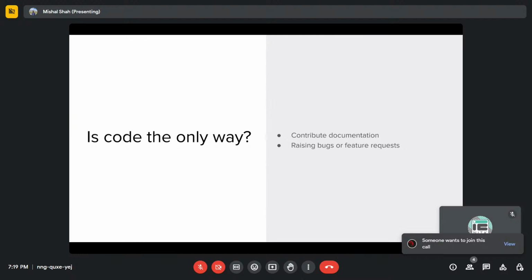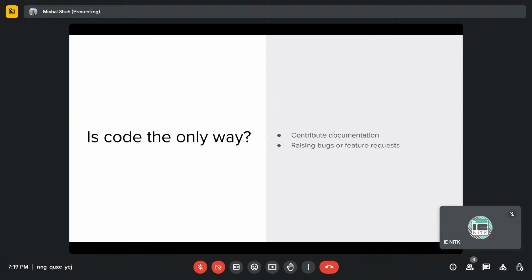No, you can contribute in other ways as well, like contributing documentation. And documentation does not mean fixing spelling mistakes, etc. Let's say you used a software, you tried running it on your system, whereas the steps mentioned are only for, let's say, Linux and Mac OS, and you are setting it up on Windows, and you saw that the steps don't actually match what is there, and you had to do some more work or some research before actually doing it. Then you can contribute the documentation so that anyone else who is going to use the software on Windows will know how to set it up, and that is a great contribution actually.